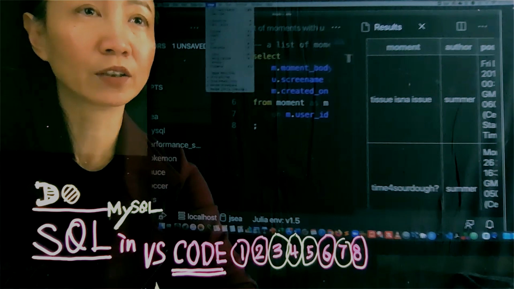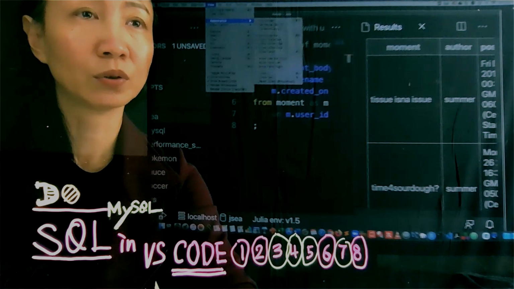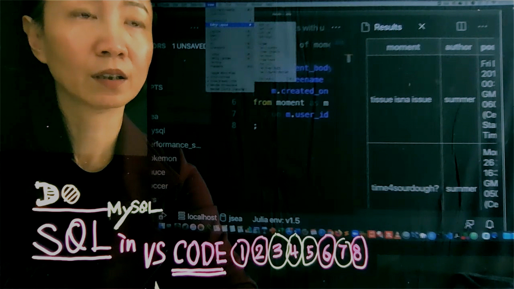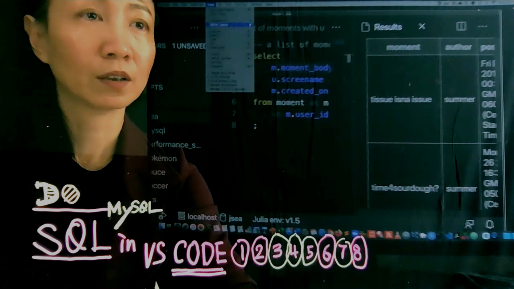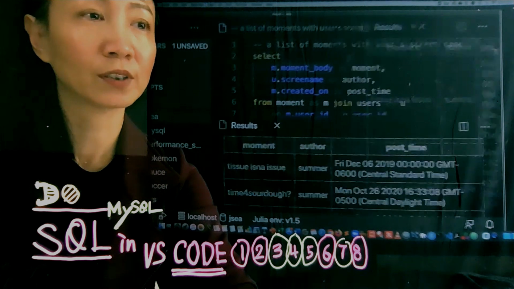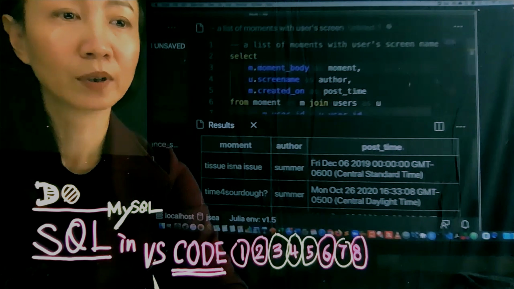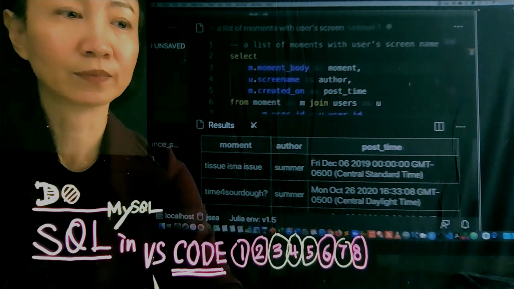In order to do that, you go to View on the top menu and go to Editor Layout. Pick 2 rows. Then now you have the query on top and results at the bottom.